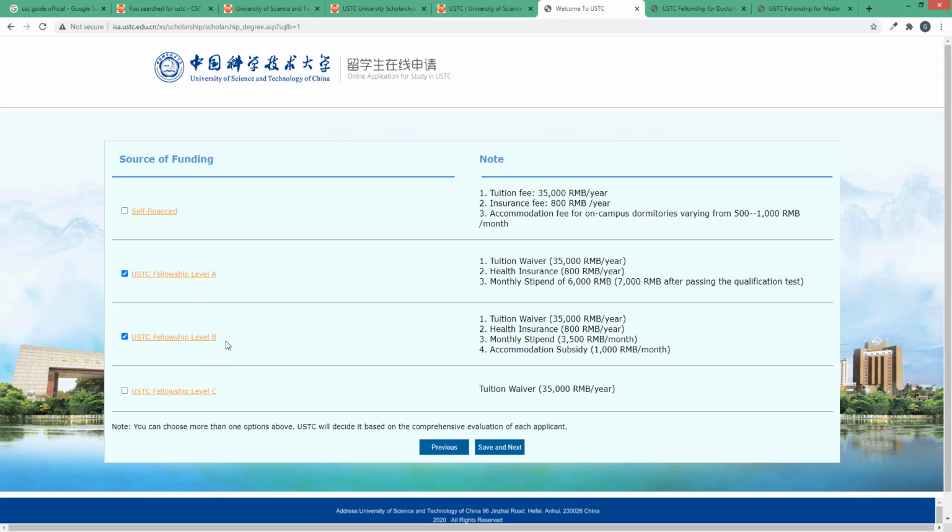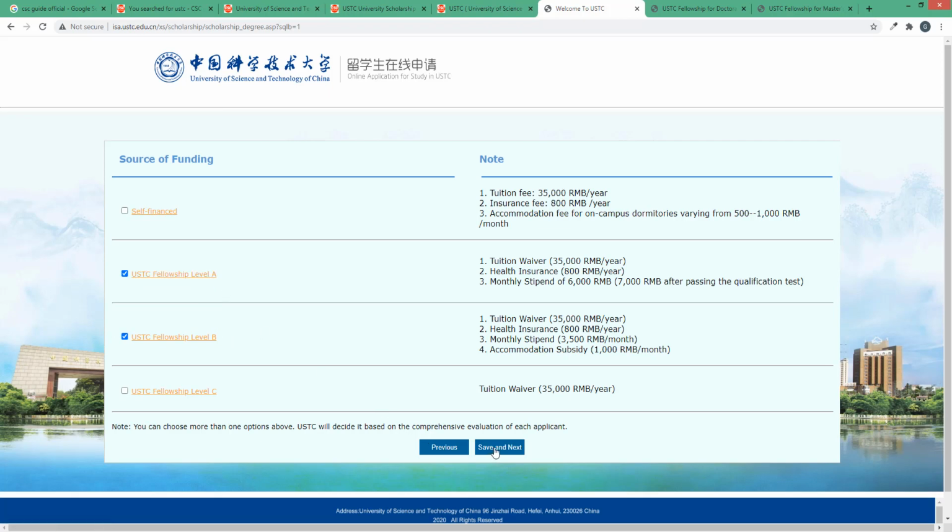But if you think that you already applied to CSC and ask how can I select this option as well, yes, you can select this option as well. Where they need the CSC form, you just leave the CSC form and nothing will be uploaded on that option where they demand the CSC online application form. So your application will be considered for the university scholarship and for the USTC fellowship scholarship, and click save and next.